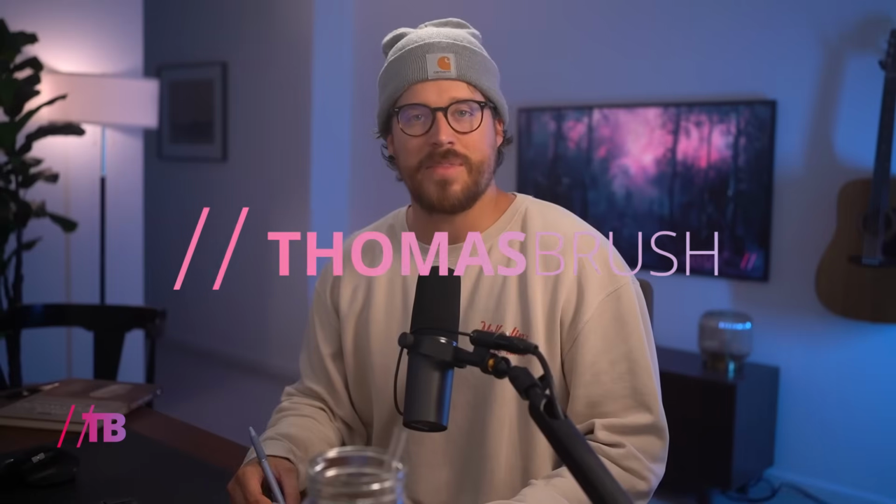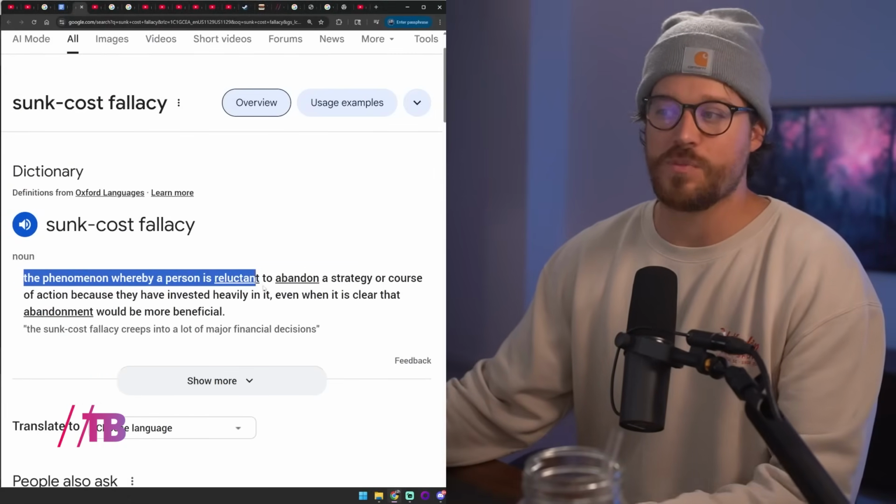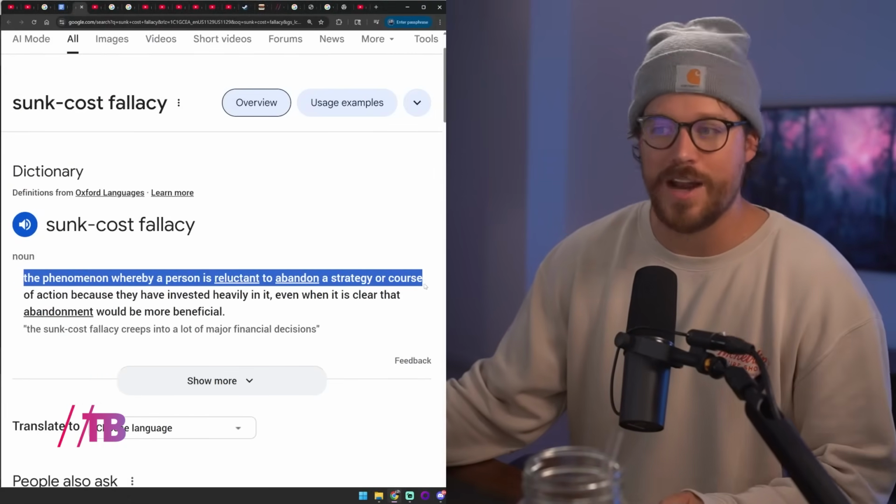Okay, so I started doing beta testing for a game that I've been working on for 4 years. And ultimately, what beta testing tells you is whether you've engaged in something called the sunk cost fallacy. The sunk cost fallacy, if you don't know, here, let me pull it up in Google. The sunk cost fallacy is a phenomenon whereby a person is reluctant to abandon a strategy or course of action